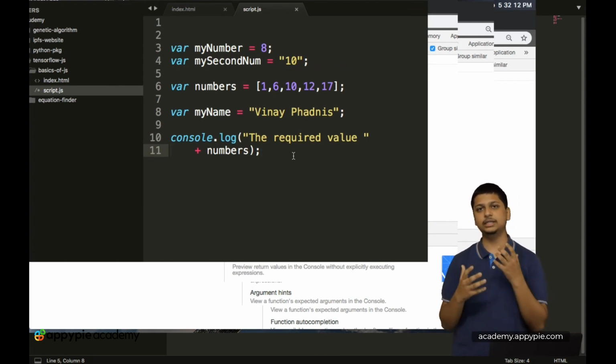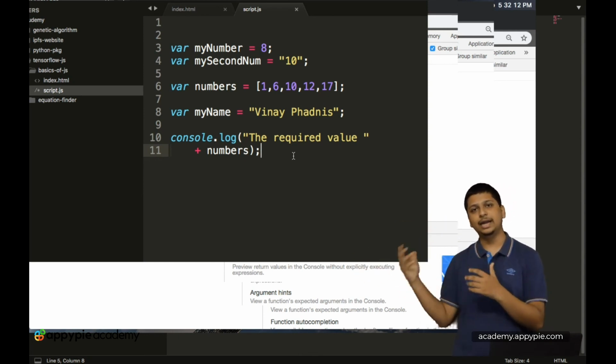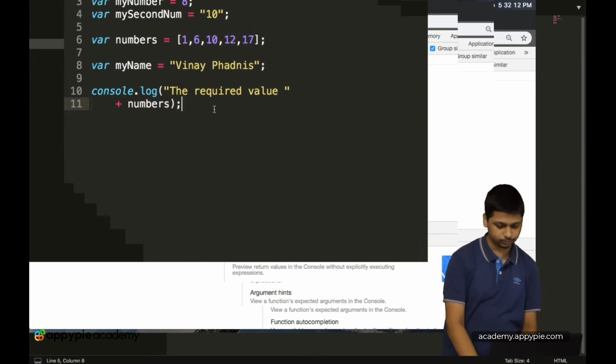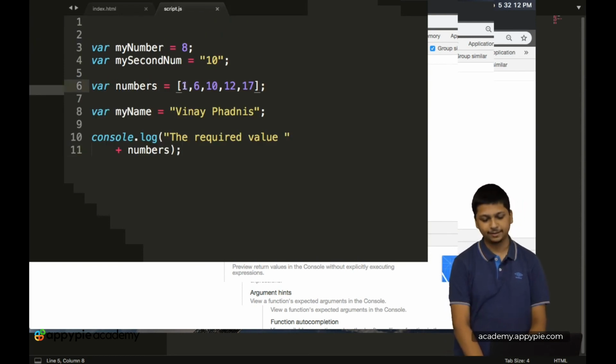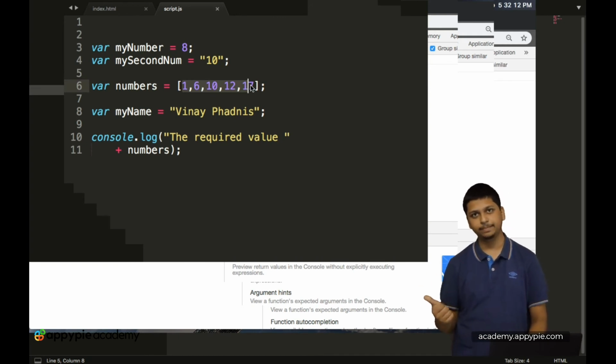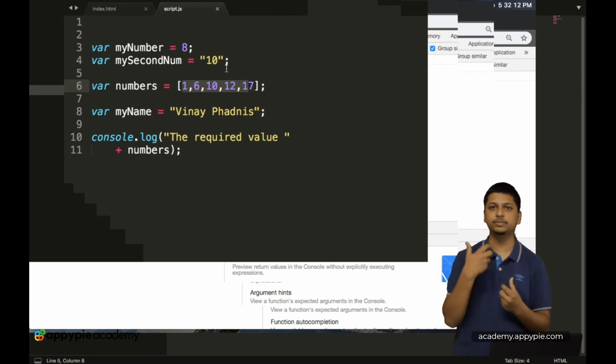So now arrays also have some inbuilt methods in JavaScript. The first one is you can get a particular piece of data at a particular address location. Okay, so over here if you look at this particular array, you have 5 elements in it, but the addressing of each one of the elements starts from 0.